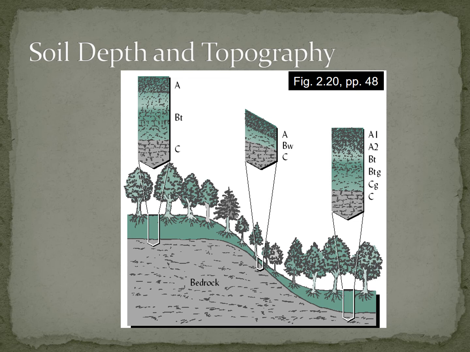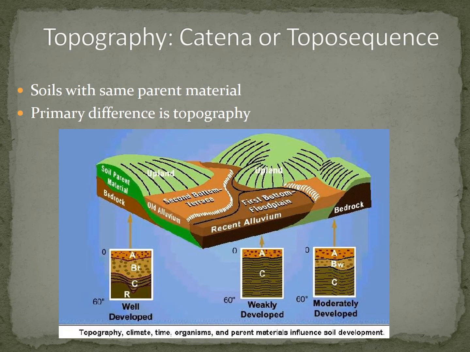So as you get into the lower portions of the topographic slope, you're going to see a lot more development of soil, as well as in the upland area, you're going to see more developed soil versus on the back slope where water moves too quickly for there to be extensive development, but especially true where you have shallow soils. The more shallow a soil, the sooner you get to bedrock, for example, the less development there is. The more depth you have to bedrock, especially if the slope isn't great, well, you're going to see a lot more development in soil profile horizons. And we'll talk more about that later.